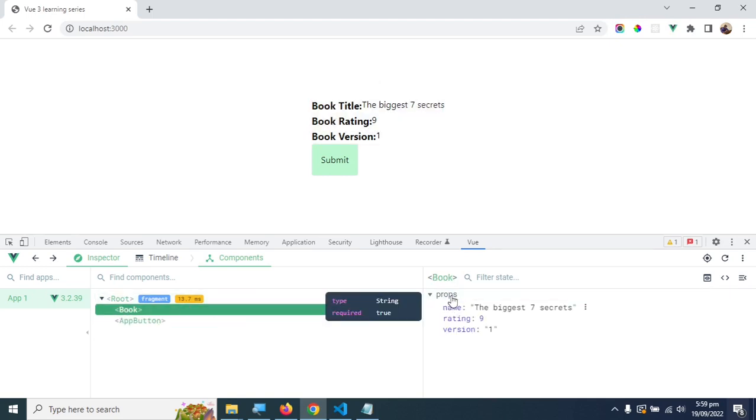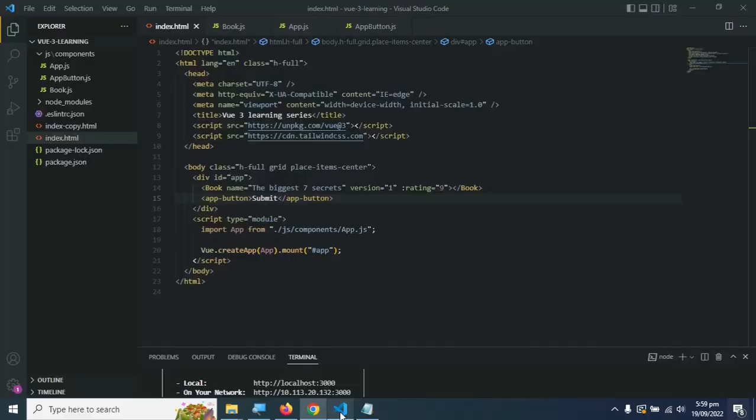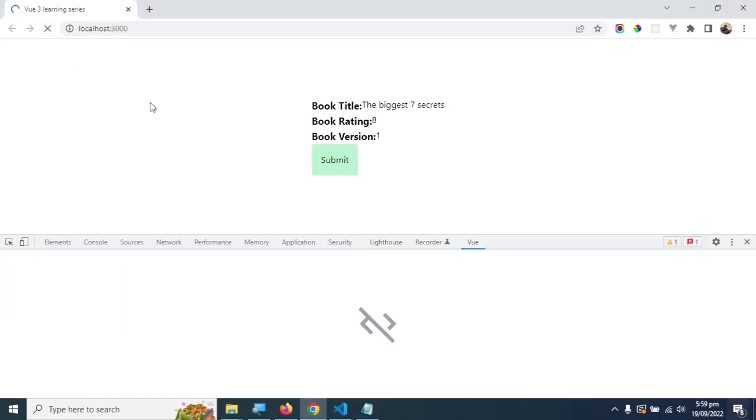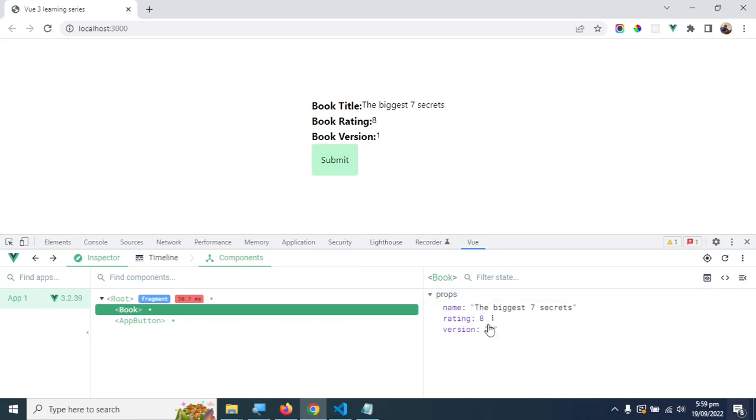We can see that props are coming with the names name, rating, and version. So as I explained, we can assign the default value to the rating. Let's remove rating. What will it show here? Rating will take the value of 8,